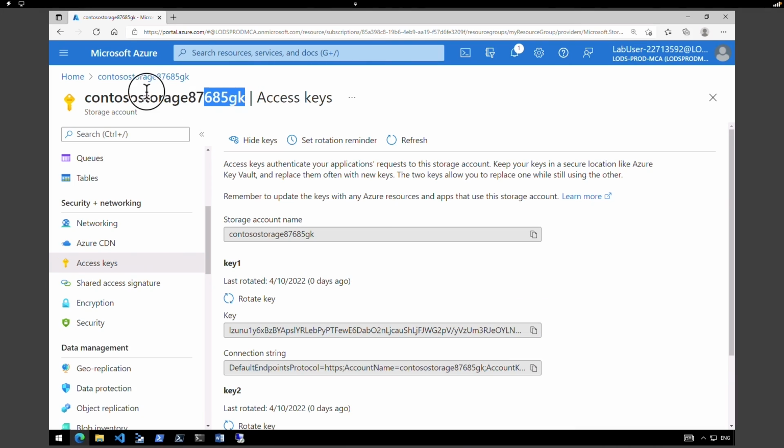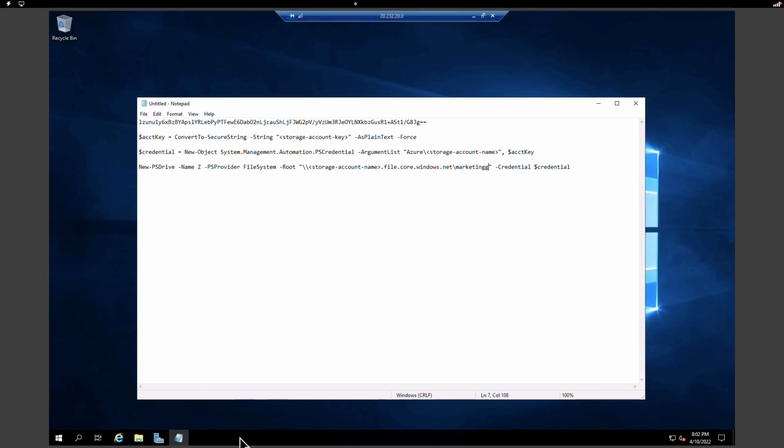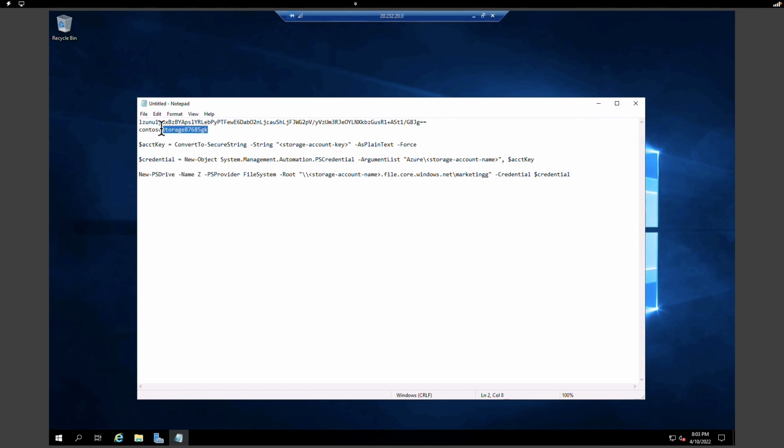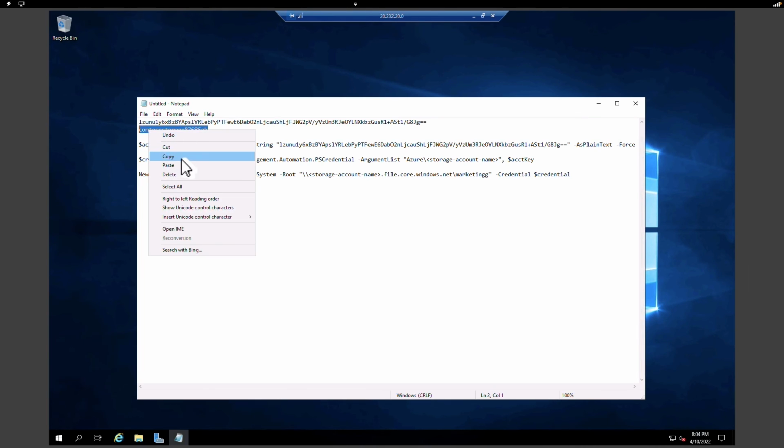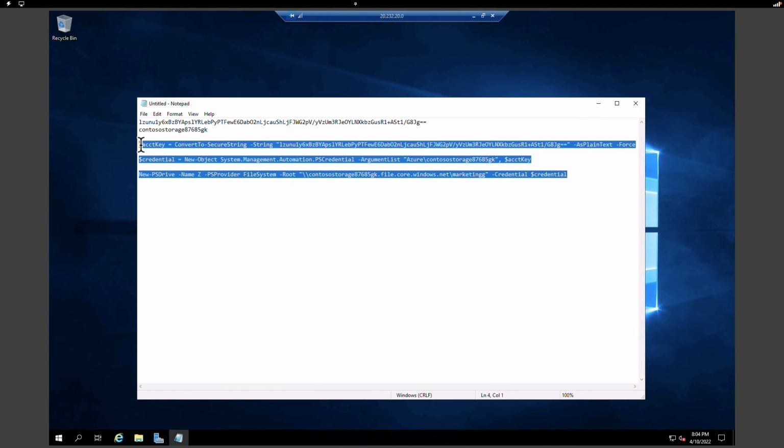And the next step is to go and find the storage account name. And we have to run a command on the local machine to make sure that we are able to access it. So I'm going to copy the storage account name, keep it as a placeholder. So now we are going to replace these values in the script below. So I'm going to copy the access key and replace the string here with the access key. Similarly, let's go and change the value of the storage account as well. Now that we have changed all the parameters which is required for us to change, the access key and the storage account, let's copy this and go to the virtual machine